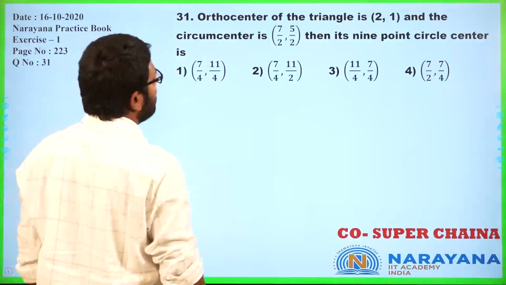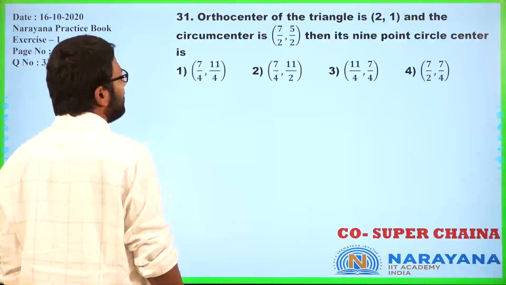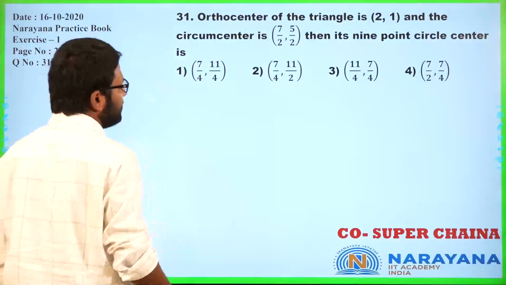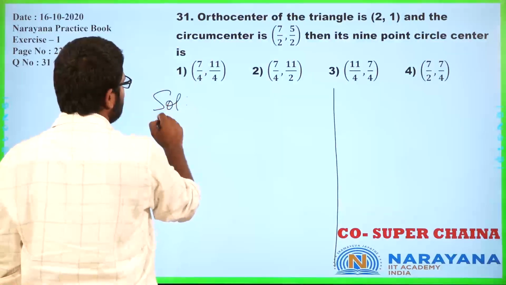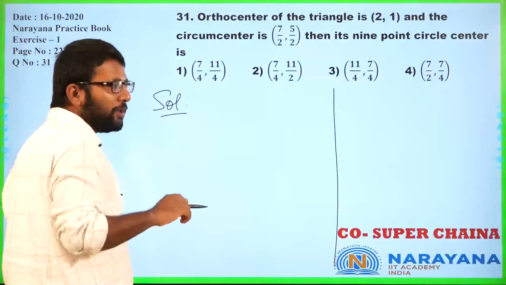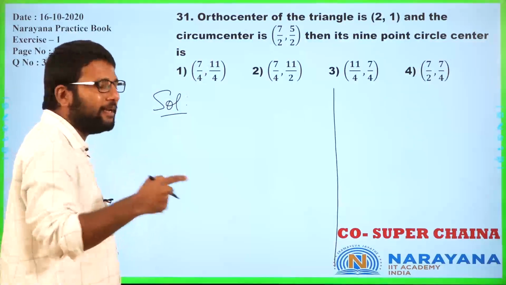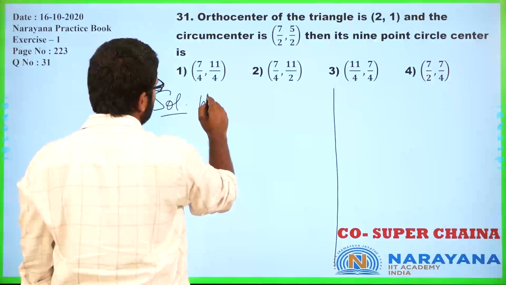Okay, orthocenter of the triangle is 2 comma 1 and the circumcenter is 7 by 2 comma 5 by 2. Then its 9-point circle center is? Okay, this is a directly formula based question. Whenever orthocenter circumcenter is given, you can always figure out the centroid and the 9-point center. Okay, so we know that